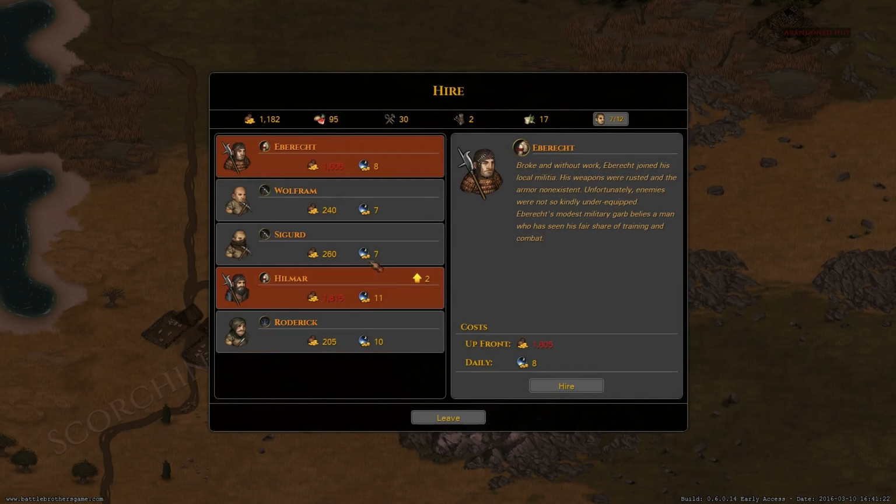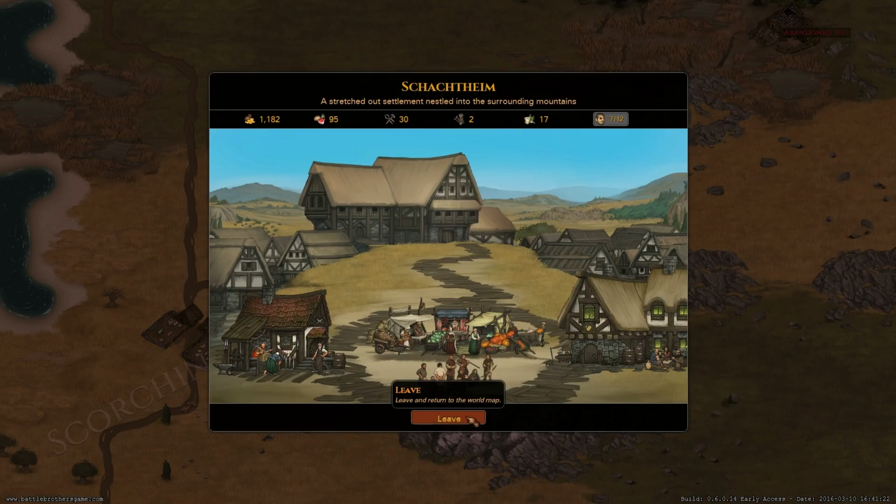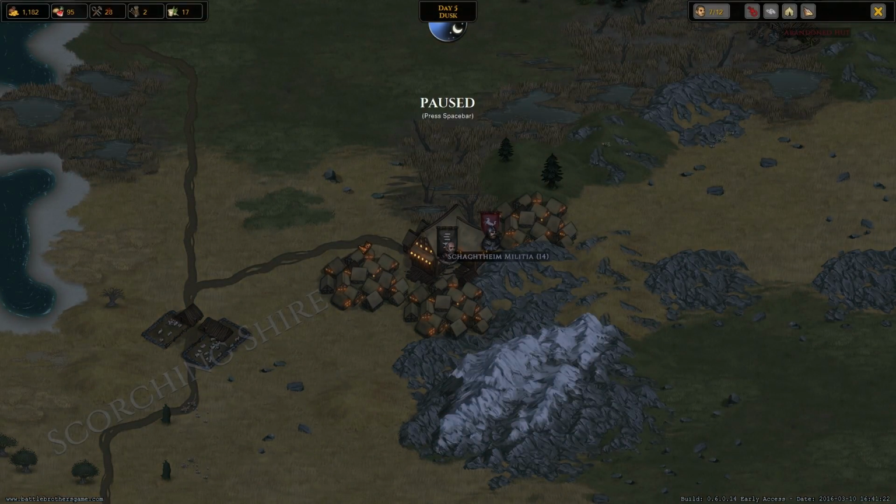Let's just make sure there's no good people to hire here. Miners, miner. This is militia. They cost a little bit too much for us right now. And a thief, higher initiative. Nah, I don't think we need anyone at the moment. So I think we're pretty well suited. Maybe another archer at some point, but...